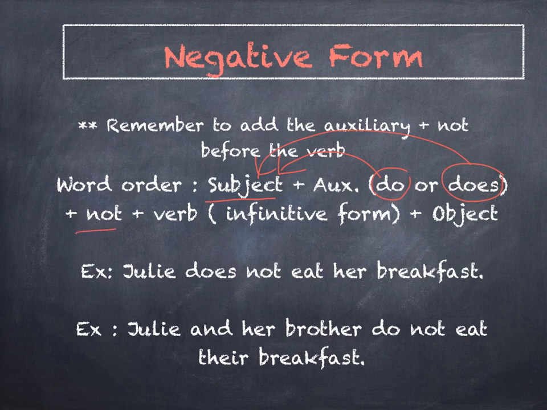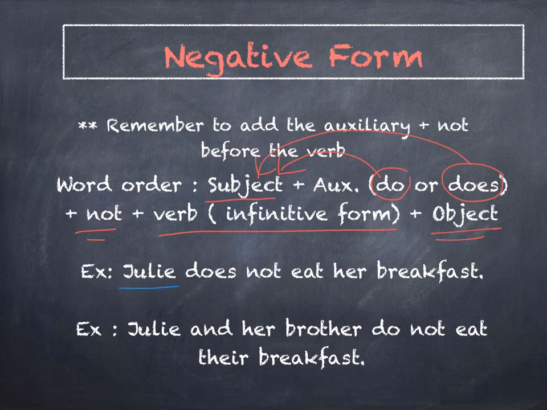Then you have your keyword not because we're working with the negative. The verb, as mentioned before, has to remain in the infinitive form, so no S. And then at the end, you can complete your sentence with the object. Example,